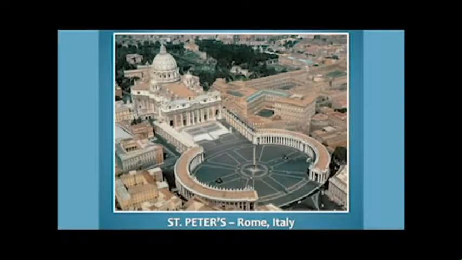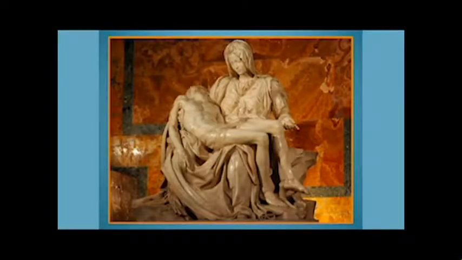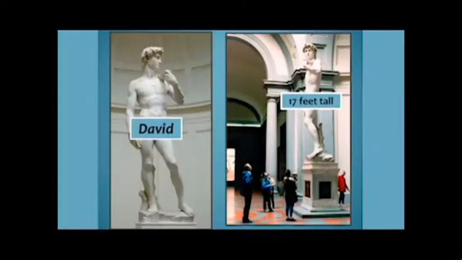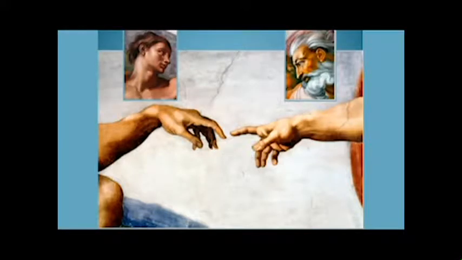He sculpted two of his best-known works, the Pietà and David, before the age of 30. Despite holding a low opinion of painting, Michelangelo also created one of the most influential frescoes in the history of Western art, the scenes from Genesis on the ceiling of the Sistine Chapel in Rome.